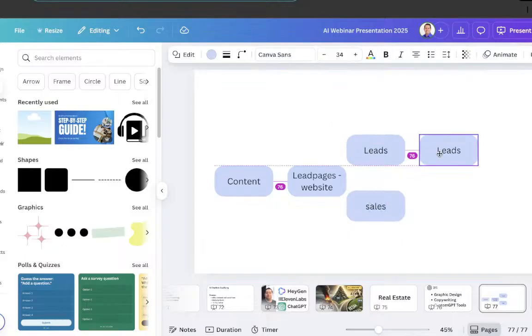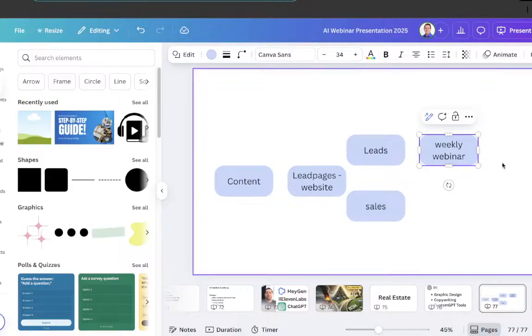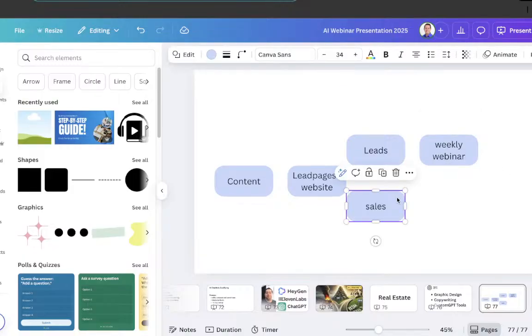And then from here, they're going to go leads to